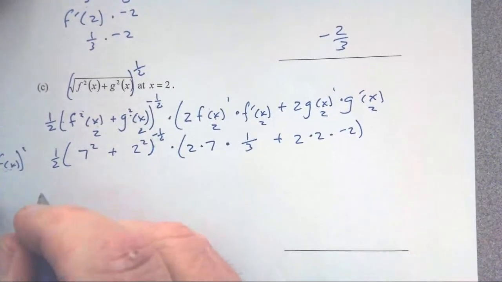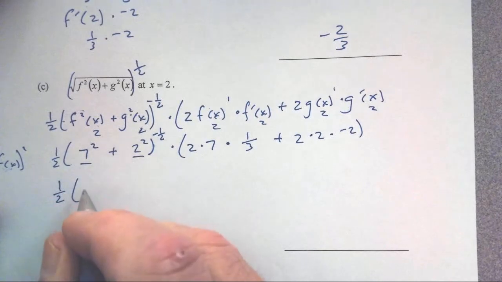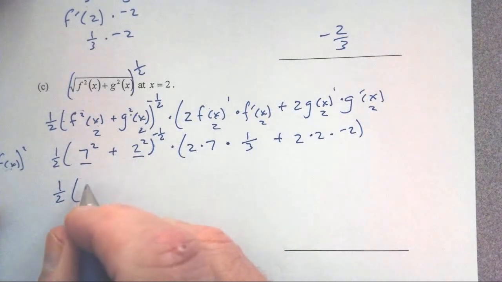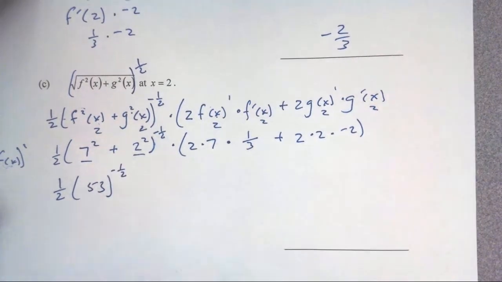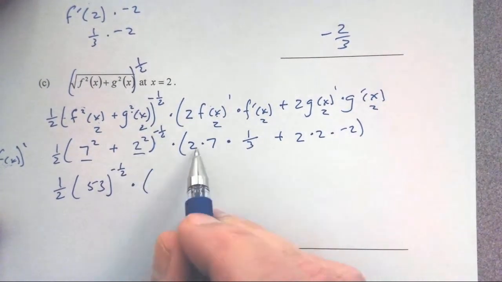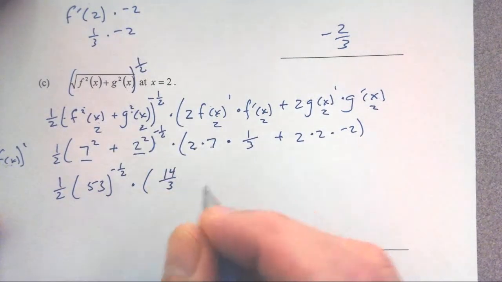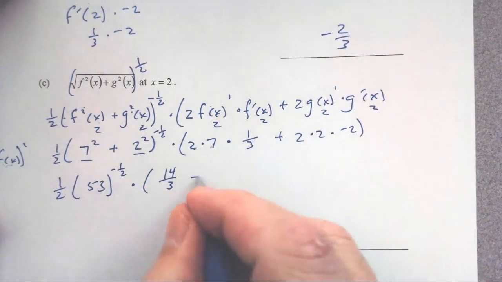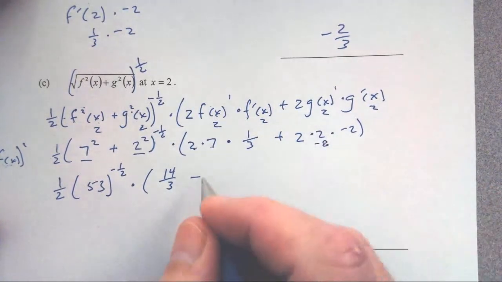Okay, again, this is a no-calculator test, so we've got to battle through this. 1/2. This is 49 plus 4. This is 53 to the negative 1/2. We're going to have to deal with that. I get times 14/3, plus times minus, minus 2 times 2 times 2, 8. This is minus